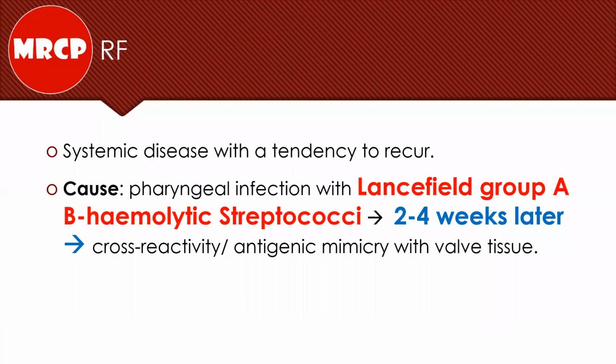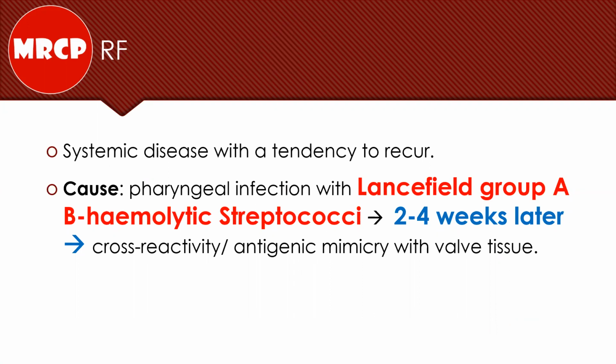Rheumatic fever is a systemic disease. It can affect multiple organs at the same time, and it has a particular characteristic that it has a tendency to recur. The cause of rheumatic fever is a pharyngeal infection with group A beta hemolytic streptococci. And this is the first question that you may encounter in the clinic and in the exam setting,